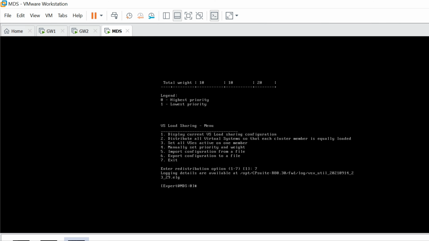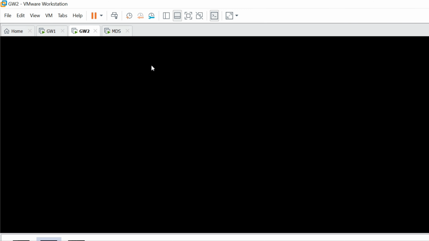So basically, let me log into the gateway again and just see some stuff. Expert password, cpconfig.